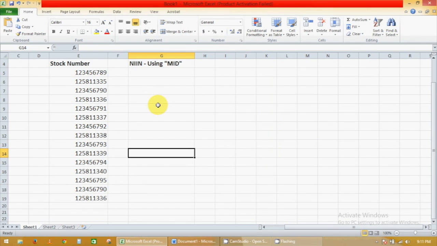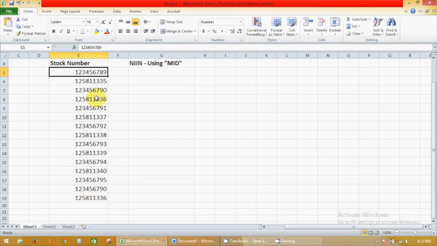I'm going to show you an example of using the MID function in Microsoft Excel. Here I have some stock numbers under column E. Let's say I want to extract the middle 5 digits from each one of these in the different rows and